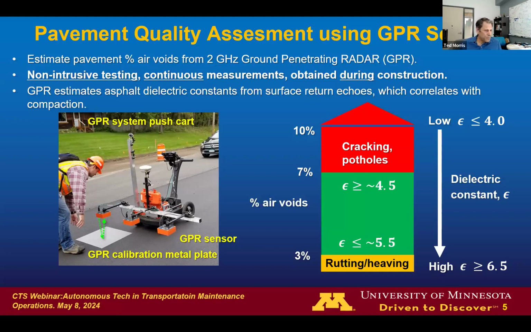Is that a properly tuned sensor, just by measuring the signal coming off the roadway, you can actually infer a dielectric constant. Now that constant, and I'm not going to go into all the details here, but the general idea is a lower dielectric constant corresponds to more air voids. Air has a value of about 1, and then as it gets denser and denser, and it's not a linear relationship, but just generally the denser the pavement gets, the higher the dielectric. So you can use this information